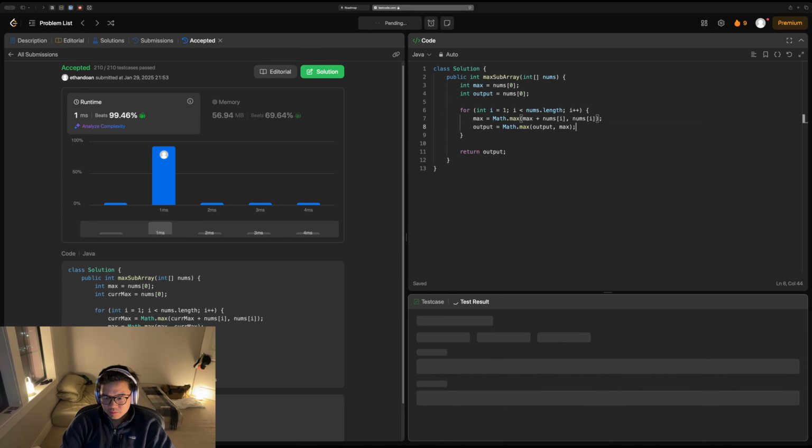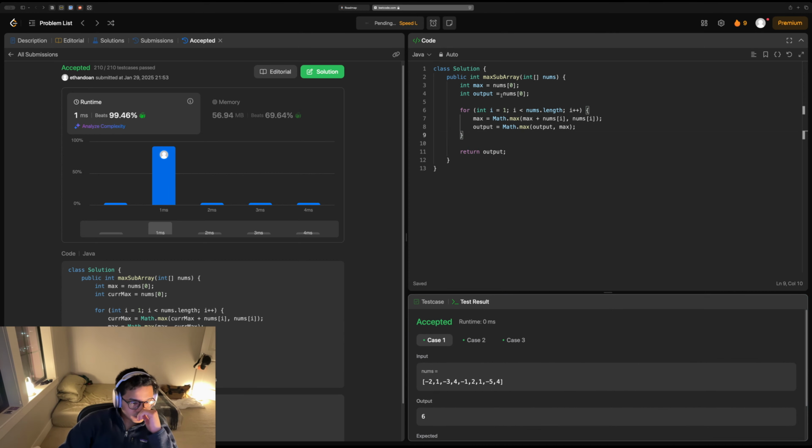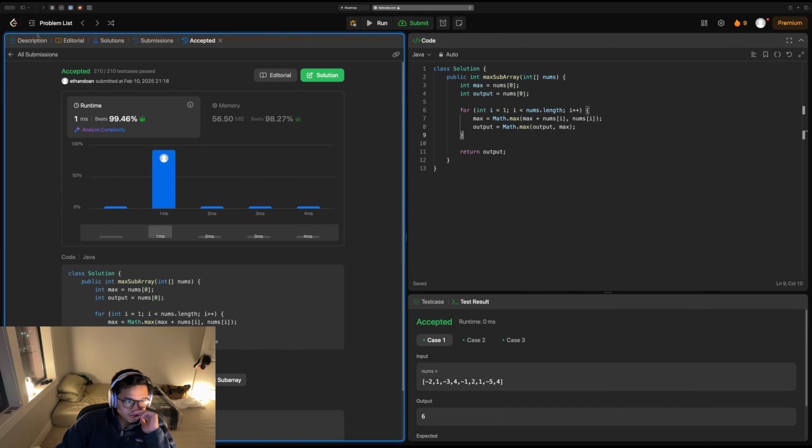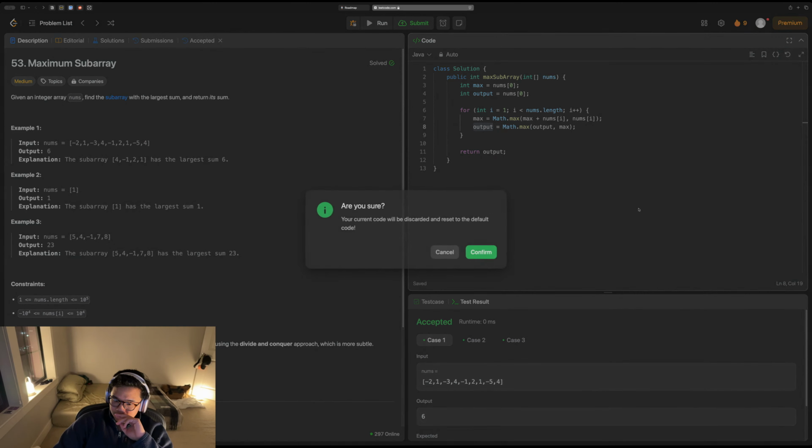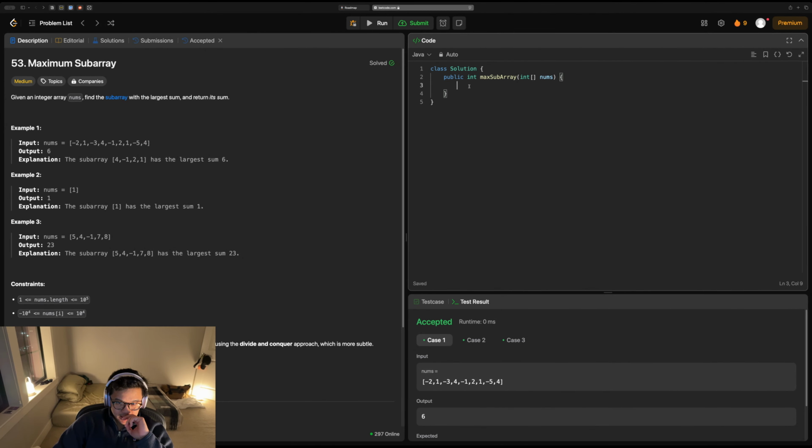Whoa, what the? Interesting. That actually makes so much sense. We don't have to do the max because output will just take care of individual numbers. Oh my gosh. So